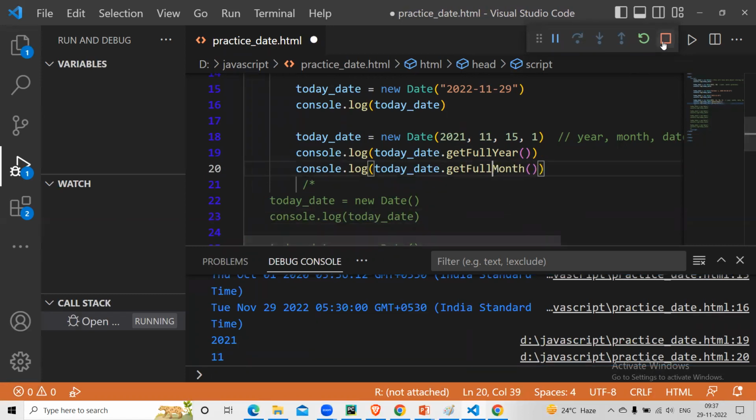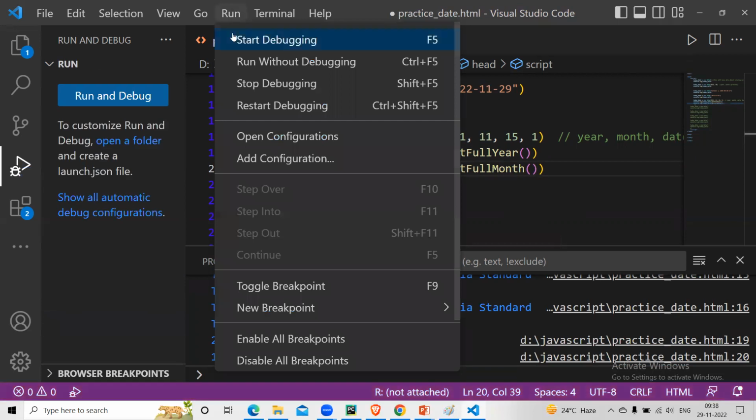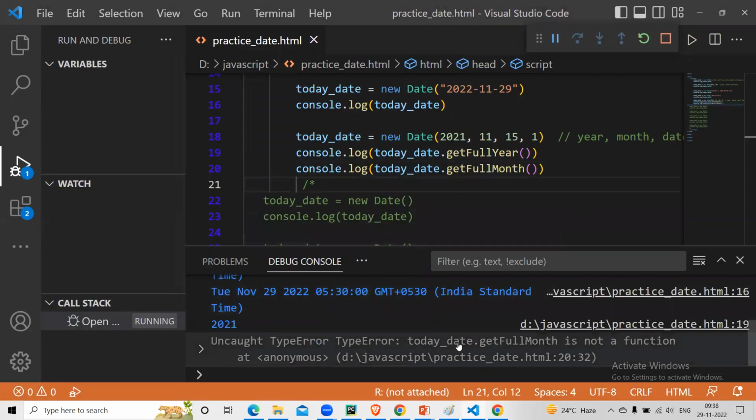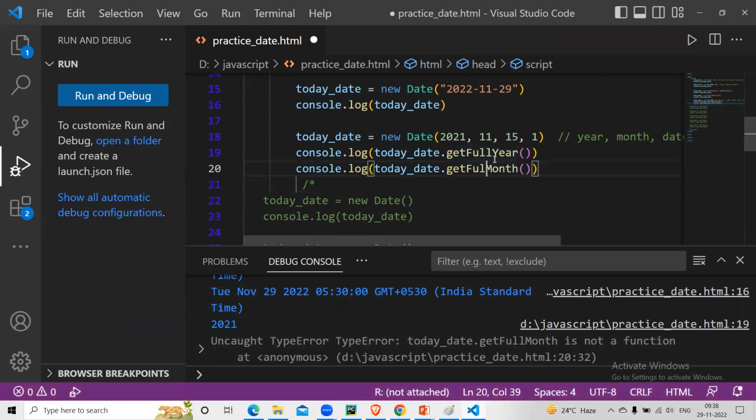Okay, so if you run it, what do you get? You get error because only year has full year. Month does not have full month. Date does not have full date. Because year can be represented as double digit or 4 digit, but month, date, hours have only one format. So instead of doing full month, you need to